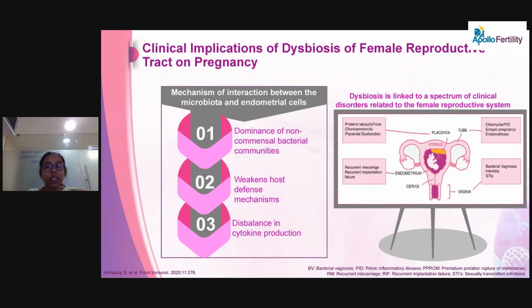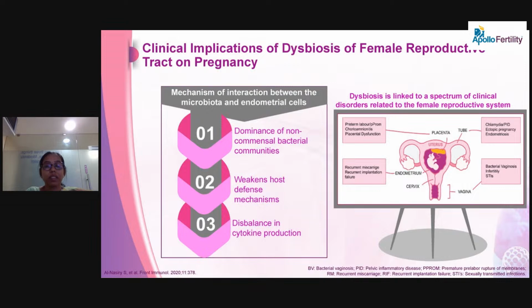Dysbiosis is an imbalance between the good and the bad bacteria in the uterine cavity. The clinical implications of dysbiosis on the female reproductive tract in pregnancy have been studied. They have found it is linked to a spectrum of clinical disorders related to the female reproductive system. Right from the vagina, when there is bacterial vaginosis, it can lead to either infertility or a